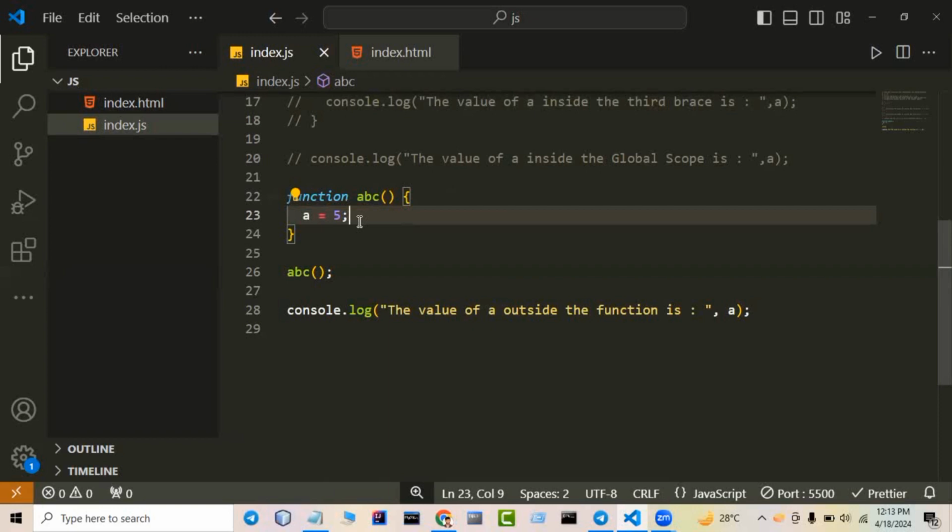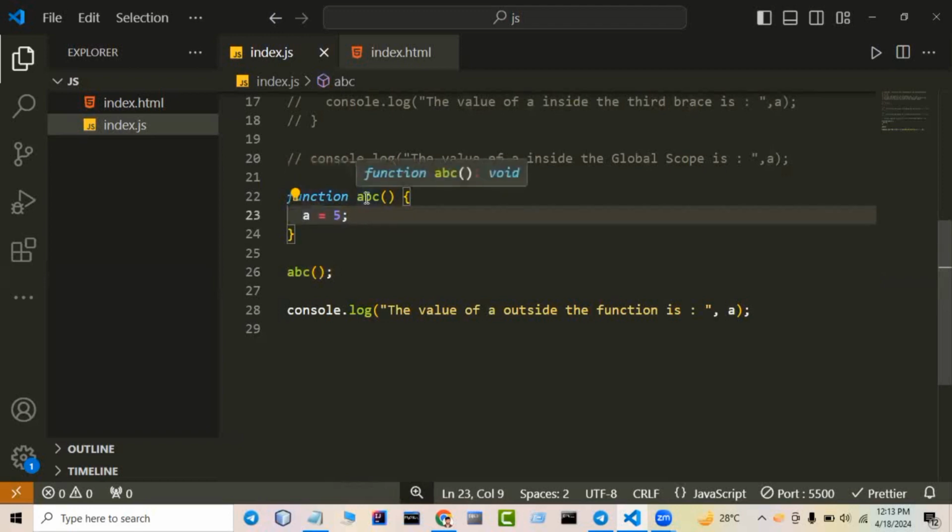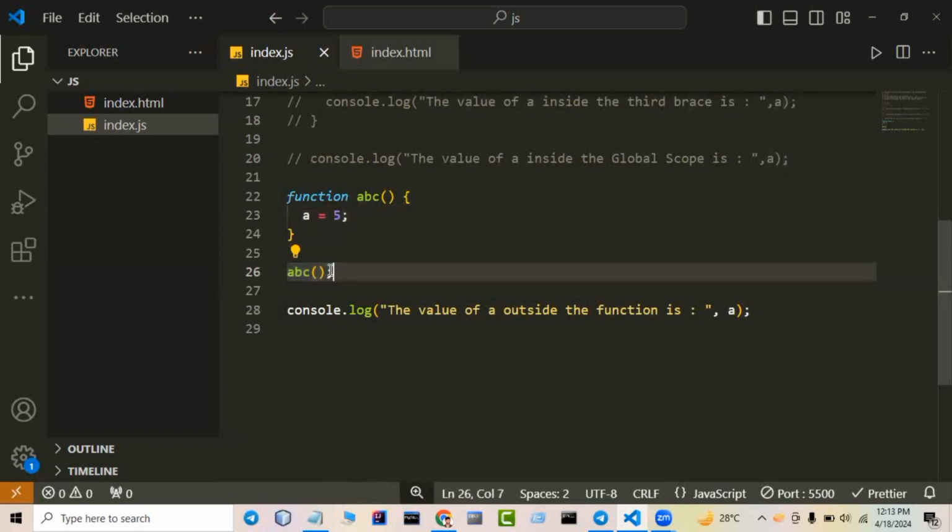In JavaScript, this concept is slightly different. As soon as we call this method, because this variable is declared inside this function ABC, until we call this method, this variable won't get created, right? So when we invoke this method ABC, then JavaScript